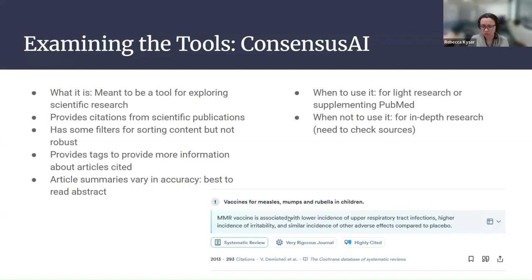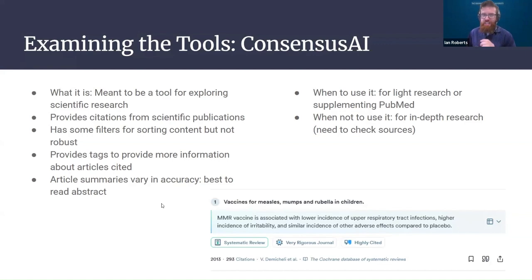This one does, however, start providing us with AI summaries of the study itself. So a little bit of trepidation there, but it's not too bad as far as citation tools go. This is almost the ideal of what you want a citation tool to do, minus the summary. It's not going to be the basis of a whole research paper, but it can help you find some sources. If you're really good with PubMed, you've probably found this already, but maybe you didn't. It's always worth searching somewhere else.